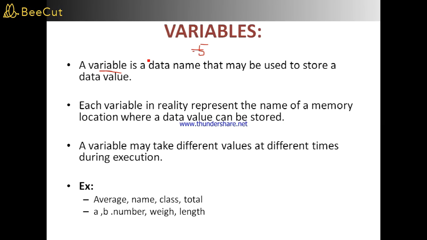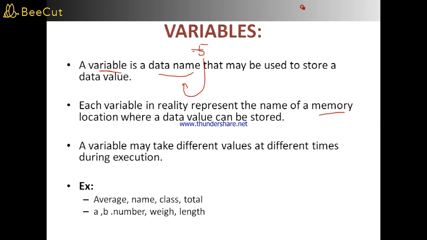So a variable is a data name. Like in our home we can call it a shelf, we can call it a container. So a variable is a data name that may be used to store the data value. Variables are nothing but a data name to store the data value. This is the data value, that is 5, and we are storing it in a name, so that name is nothing but the variable. And it also represents